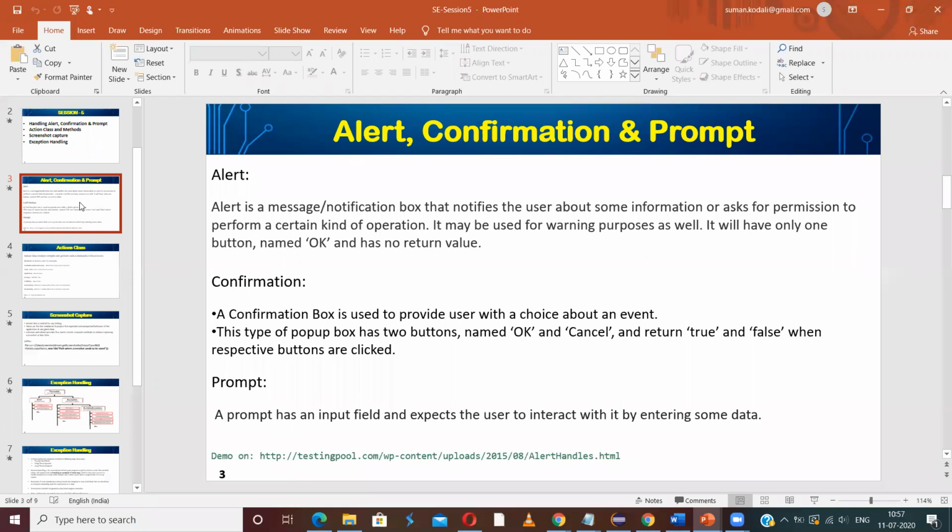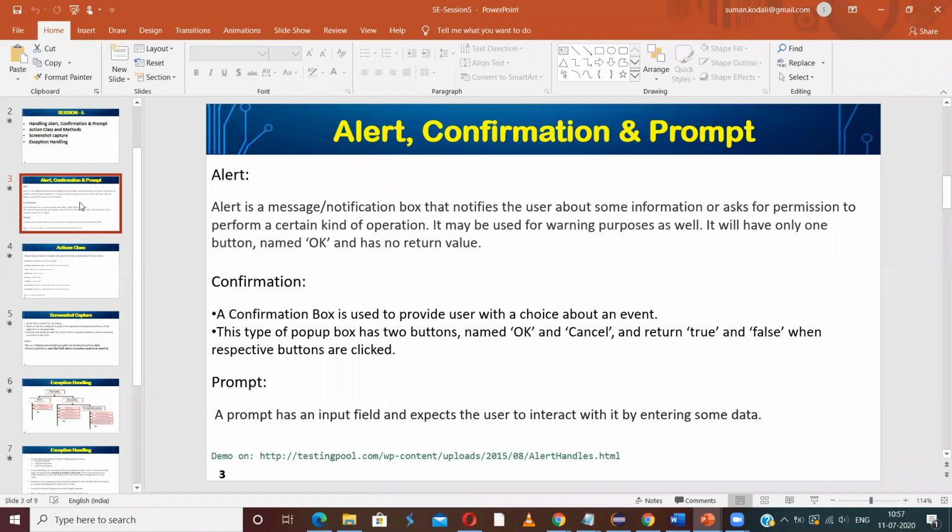For that purpose, a box or pop-up is displayed with the warning message or the update message, whatever it is, with a single button, and by clicking on that button, no value will be returned. It is just for the information's sake.